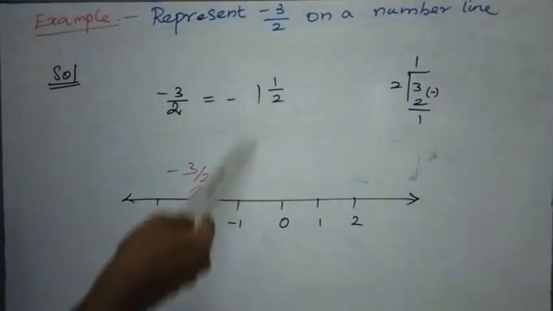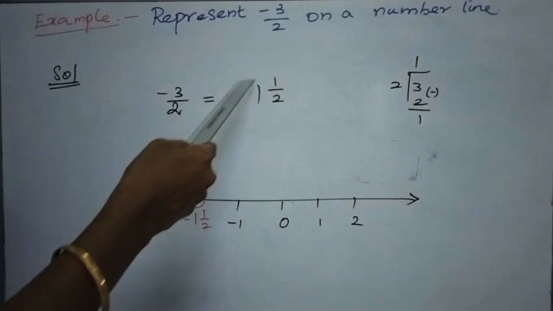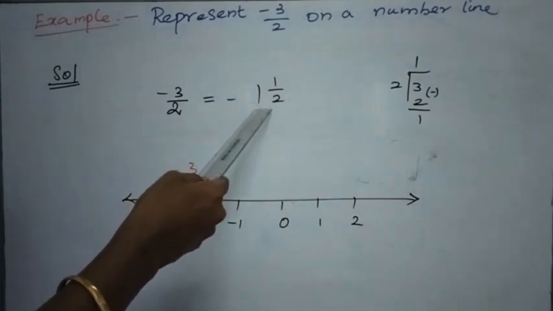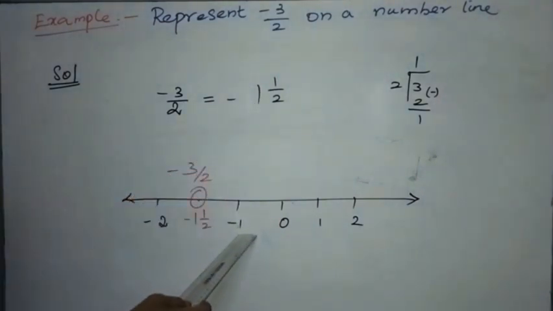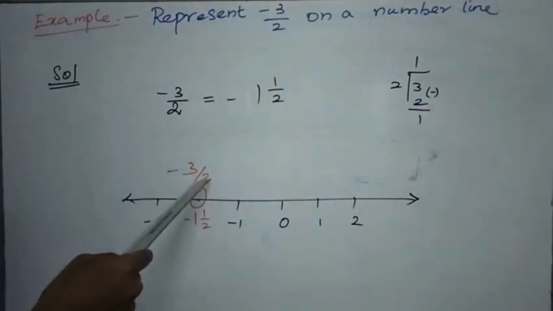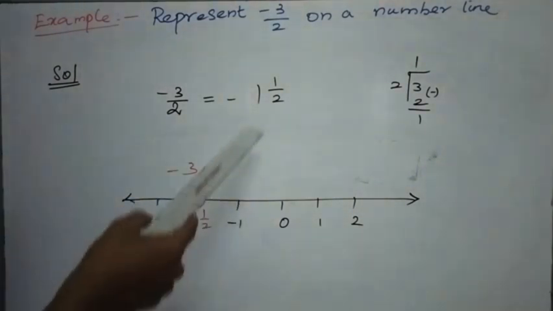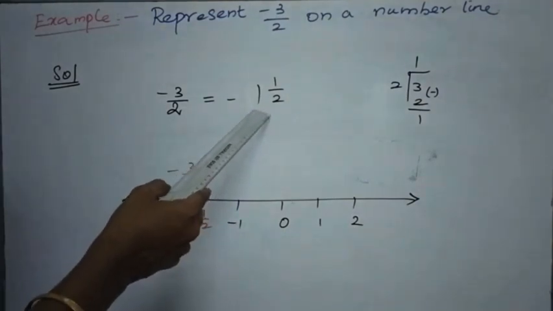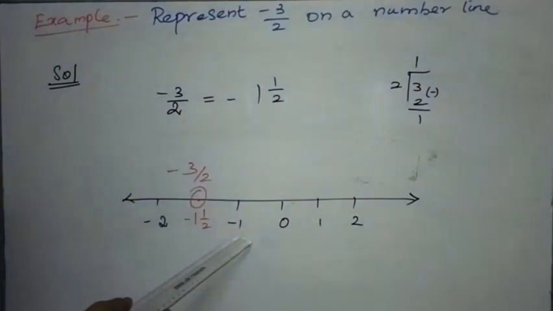We have to consider what we have here. Minus 1 is the whole part, isn't it? So it lies between minus 1 and minus 2, and in between is the rational number minus 3 by 2. Understood? The whole number we get in the answer is minus 1. Then which side is the negative part? The left side of 0. So the reason is minus 1 and minus 2 is divided into 2 equal parts. So the middle point is marked minus 3 by 2. Clear?